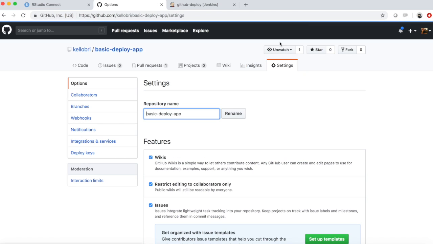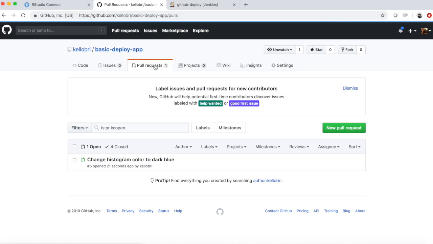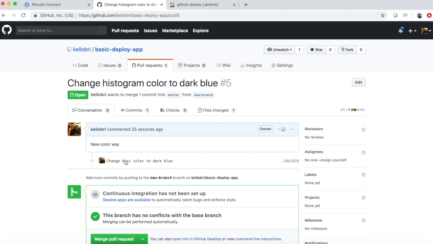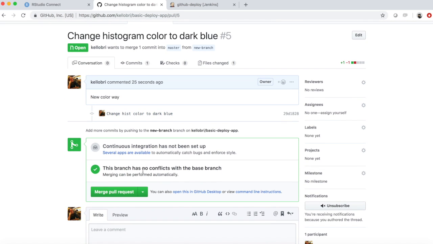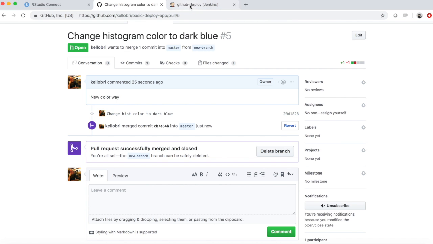on my team. But while I'm here, I'll show you in the settings that I have a webhook already pre-set up to talk to Jenkins from my GitHub repo. If you want to see more information about how to set that up, check out the blog in the description below. But now I'm going to go ahead and merge my PR into master, and that will kick off my